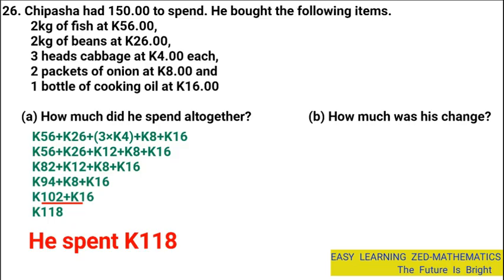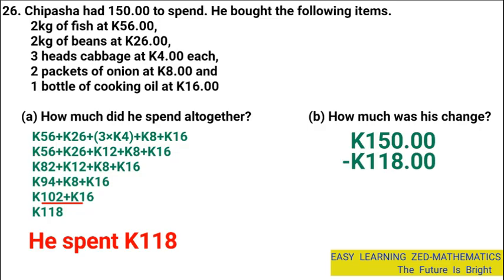Now let's go to question 26b, which is how much was his change. To find how much his change was, we are going to go back to the statement to find out how much he had. So we are saying he had 150 kwacha. This time I'm going to use the zeros so that you understand. Then I'm also going to look at how much he spent. So he spent 118 kwacha. So we're going to subtract what he spent, so minus